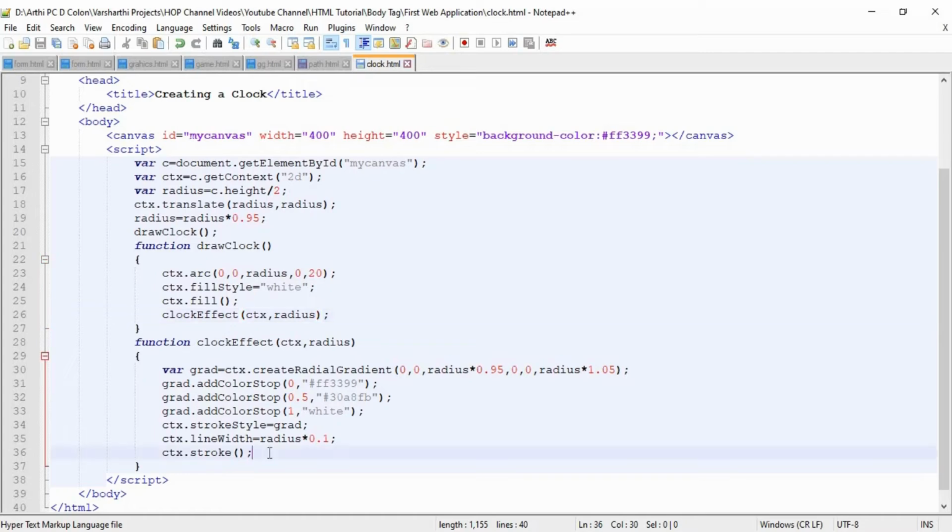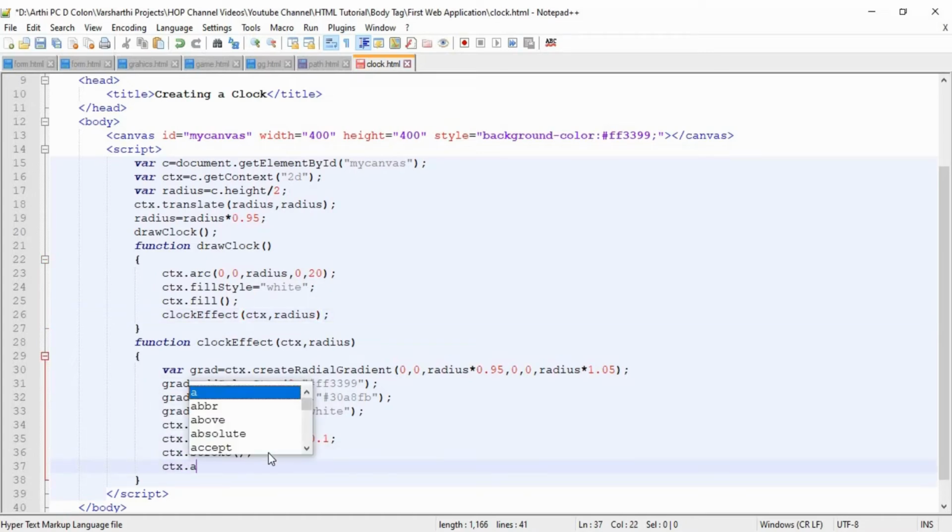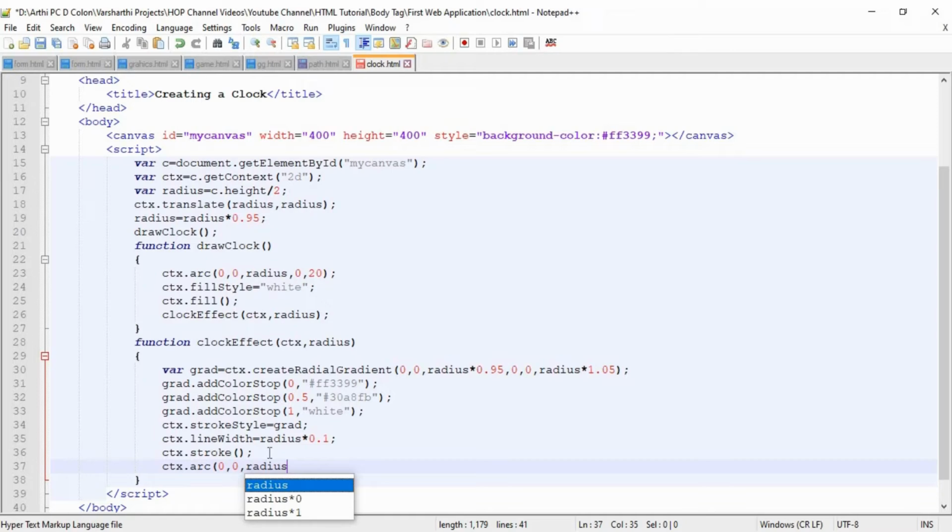The next step is to create a midpoint in which the angles will be displayed, right? For creating a midpoint, we have to create an arc function. Let it be 0, 0, and we reduce the radius to 10%.